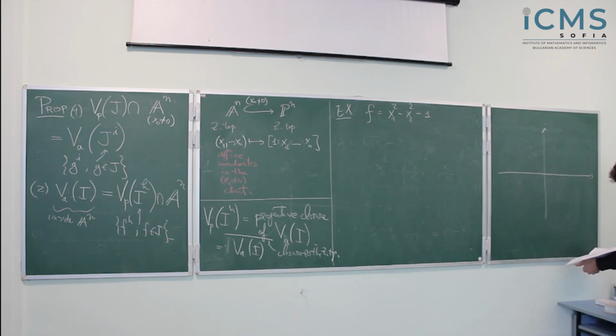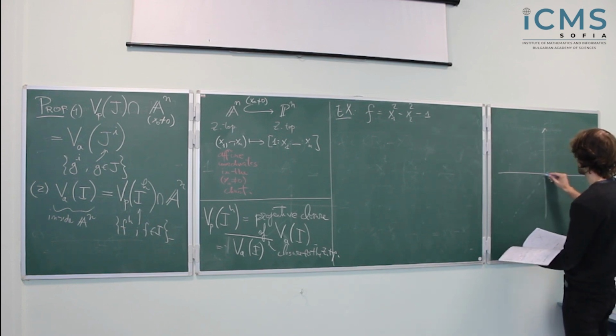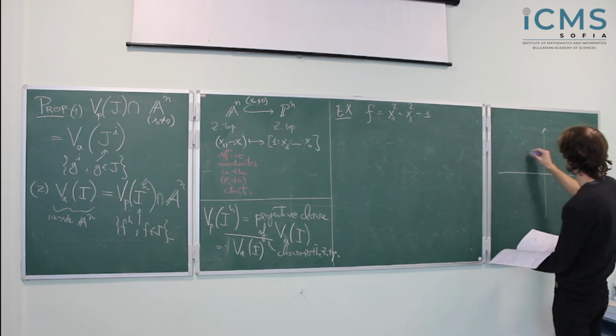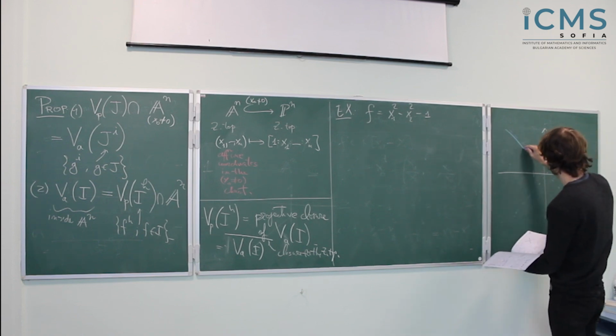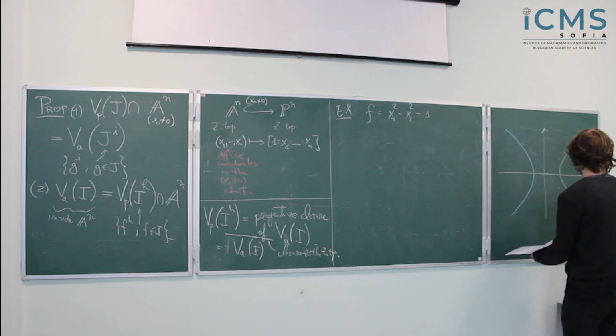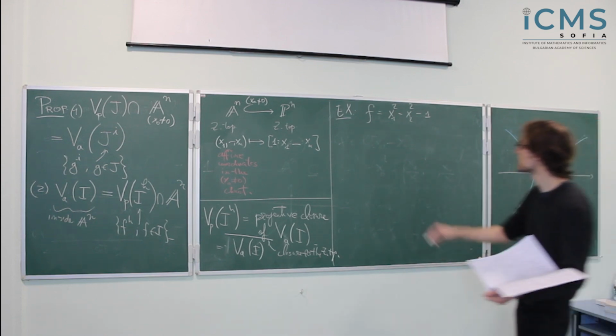So this will be a rectangular, well, no, like this. Right? So this will be the variety of f. Okay. Now the homogenization,